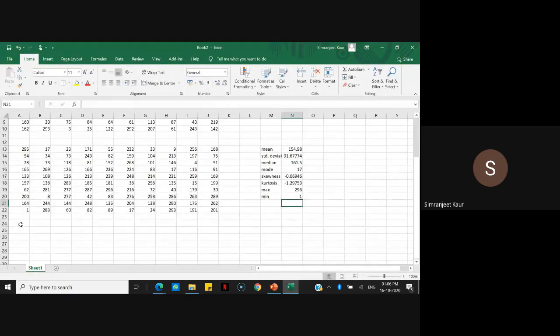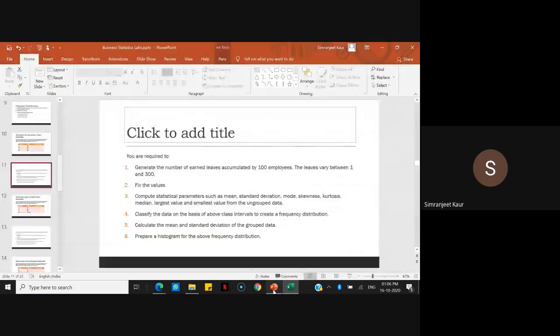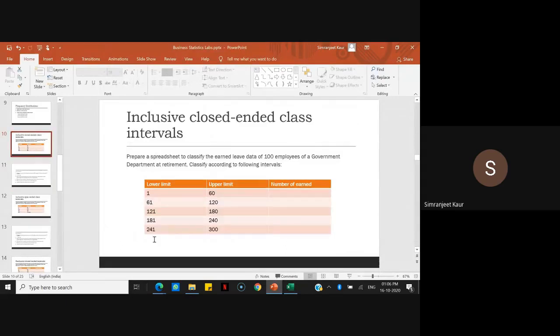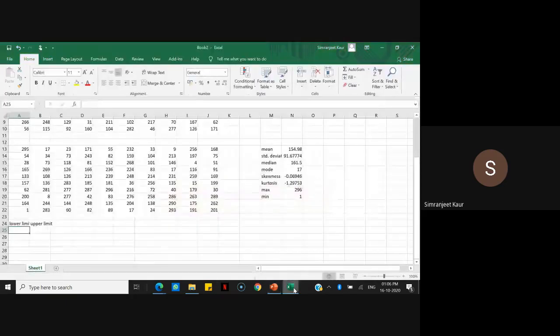That means we will have to write down our lower and upper limits. Here we had 1 to 60, 61, like this. I'll just write down, no, this one was 60.